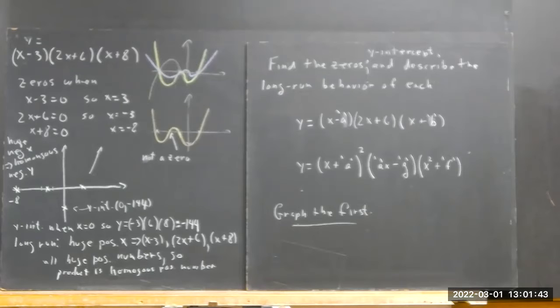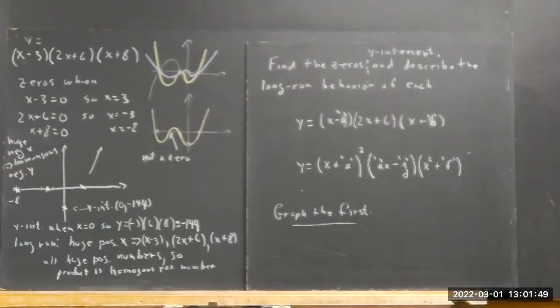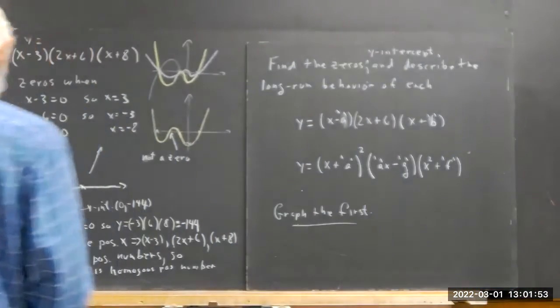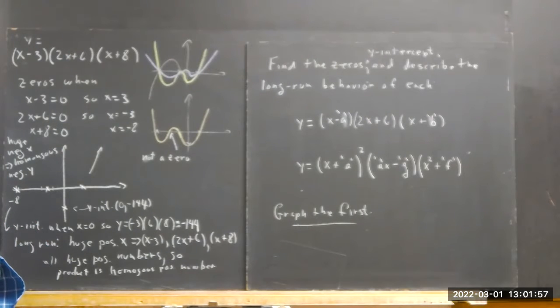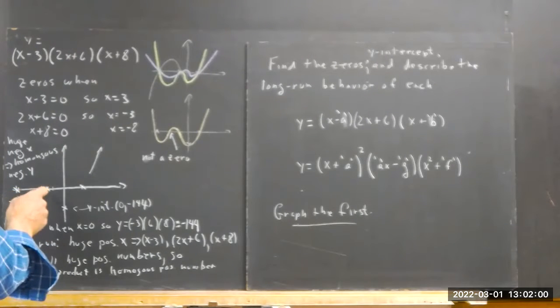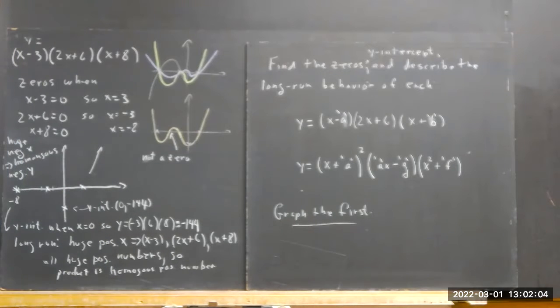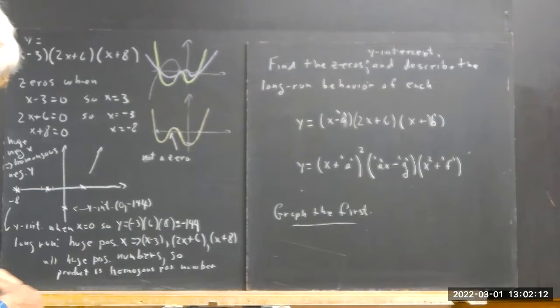And you need to understand that. Of course, you need to understand numbers well enough to understand that, but I think you do. Which means that the graph goes down here. Now, it can only go through the x-axis at these points. And it can only go through the y-axis at this point, because on the y-axis, x is 0, and that tells you that you're at this point, right? So your graph